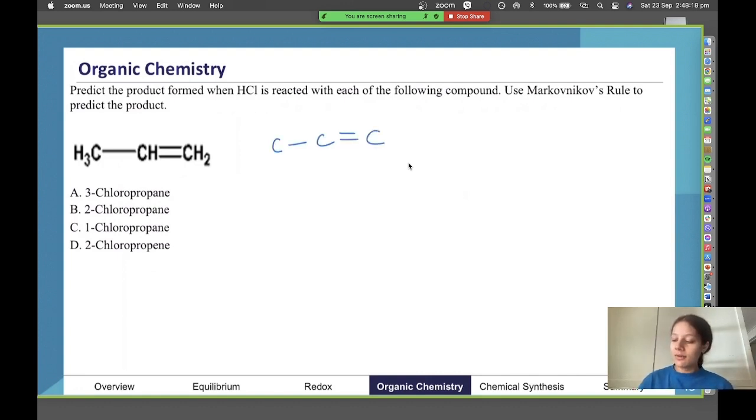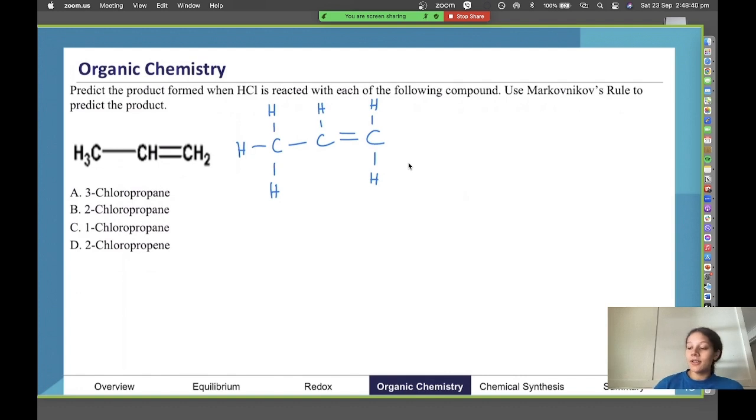So here we have an alkene. We have propene here. Now, if we add HCl,